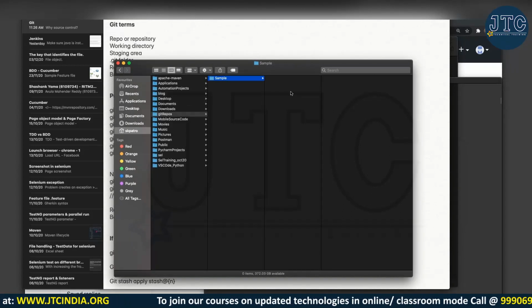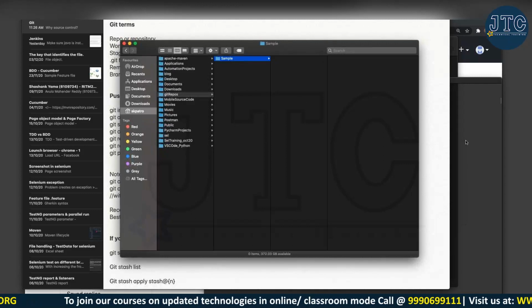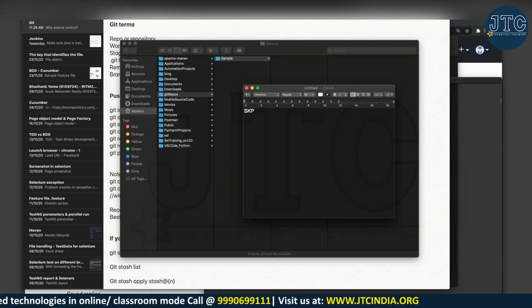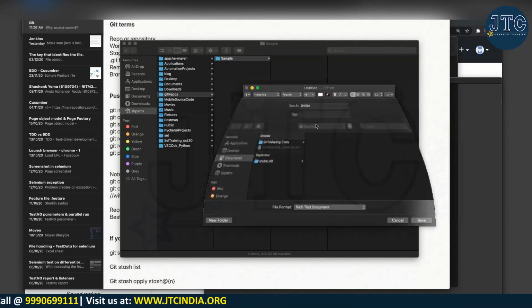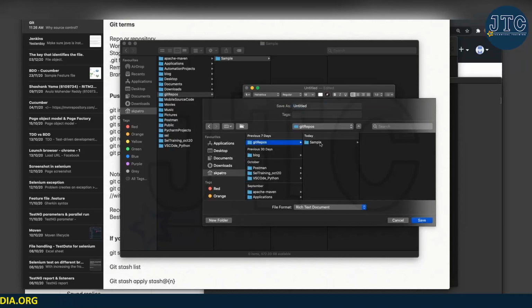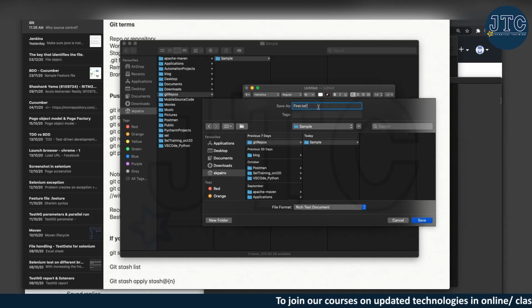So I have a sample folder here. Now here I will create a file. Let me go to my folder, git repo sample, and here I'm saying first dot txt.